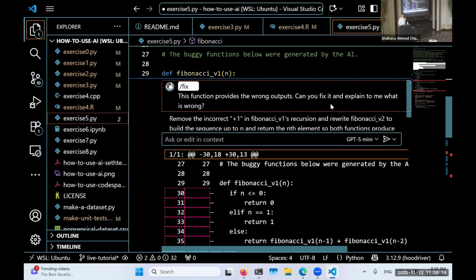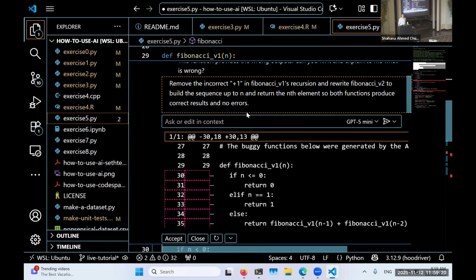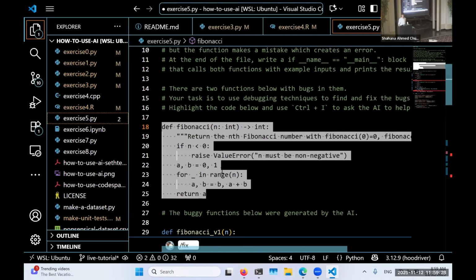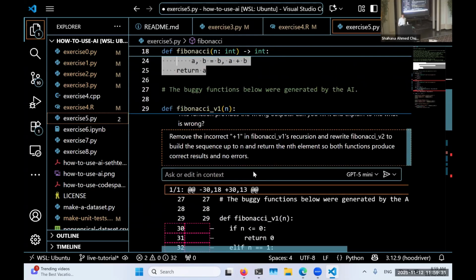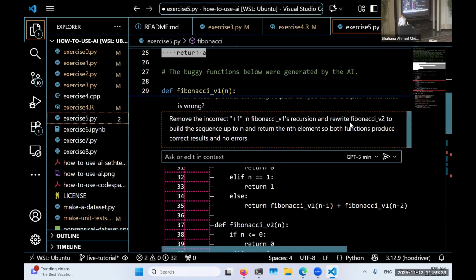So I had asked it both not just to fix the function, but to also explain it to me. So it gave me a little bit more. It said that I needed to remove a +1 that was happening. So up here I had this, or I don't know where it was. Okay. And then it also, I didn't want it to do this because I highlighted over Fibonacci V1, but it's kind of difficult to control these. So it read forward into the file and also noticed that Fibonacci V2